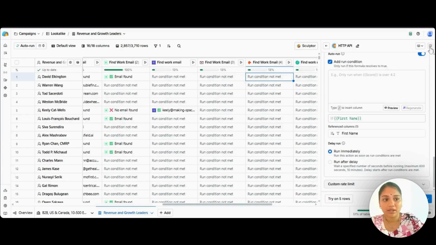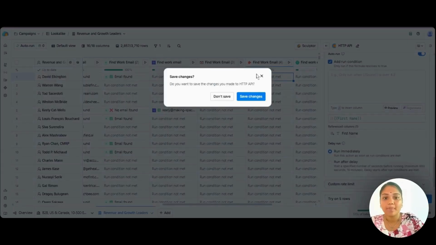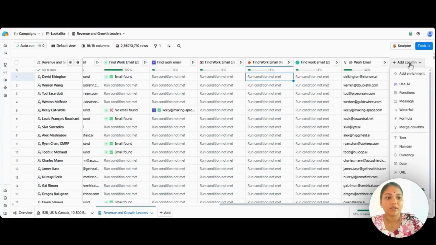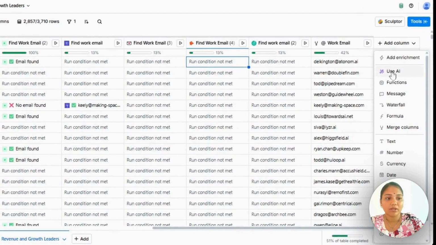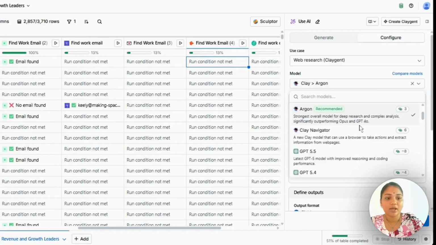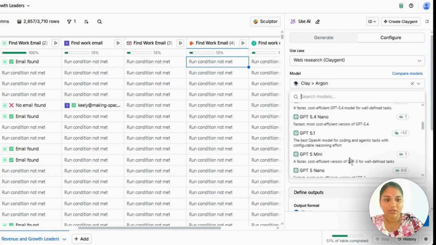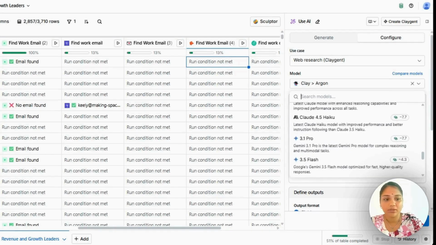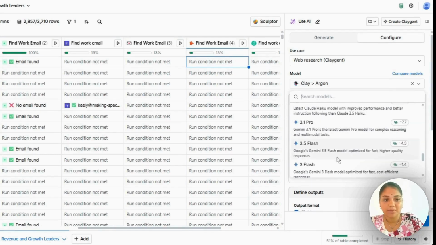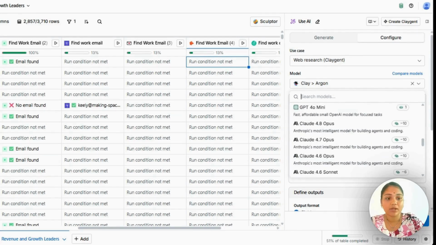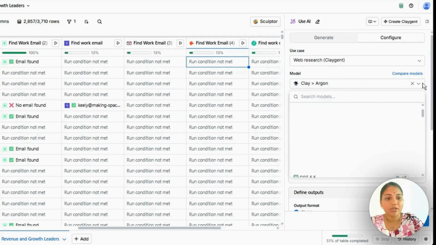Meanwhile, while it's running, you just need to create a copy. For that, you can directly use Clay: you just need to click that column and use AI. Here you can use Clay's direct credits, and also you can use OpenAI credits here, and you can use Claude Opus and other Claude variations, and also you can use Gemini. If you have an API key for any of these tools, you can just connect that API key here and use the tool right from here.